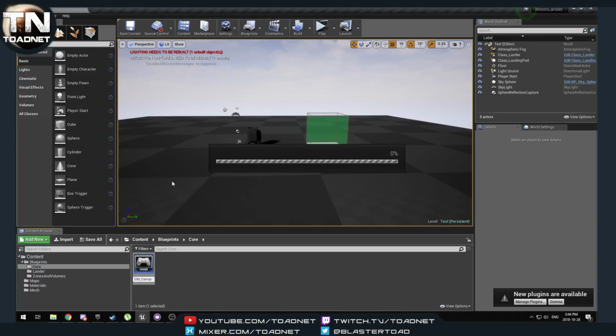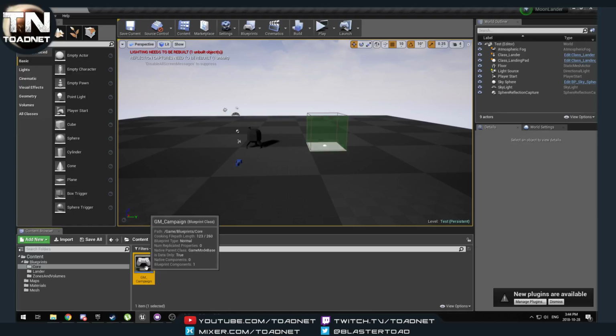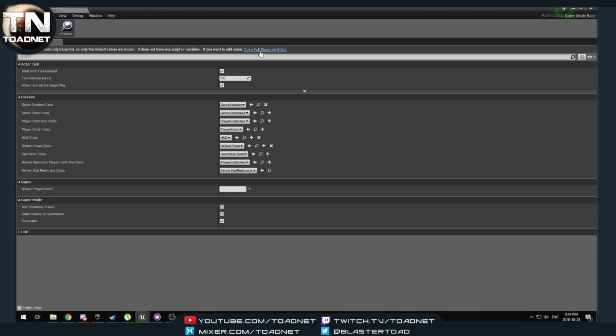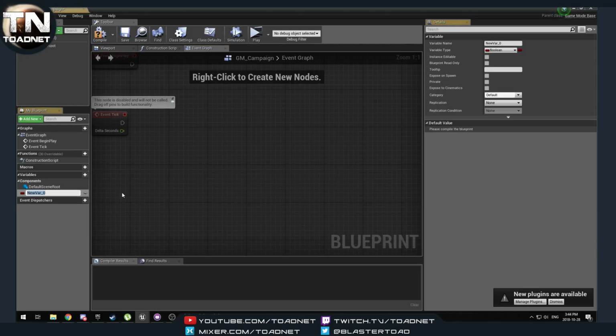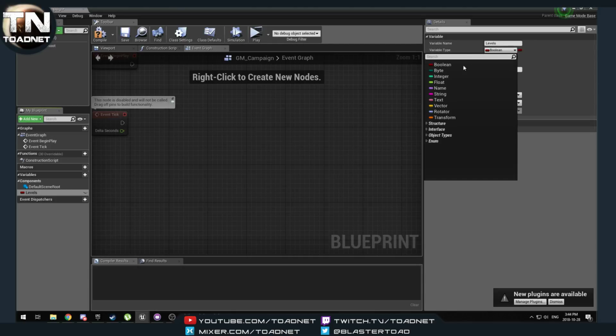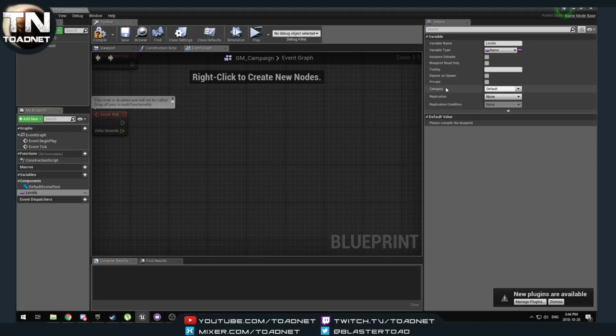And I'm just going to make that a capital C. Perfect. Okay, so we've got our campaign. I'm going to open our thing, and we're going to make a new variable called levels. That is going to be a list of names, and since it's a list, it's going to be an array. Then we're going to duplicate that, and we're going to call it